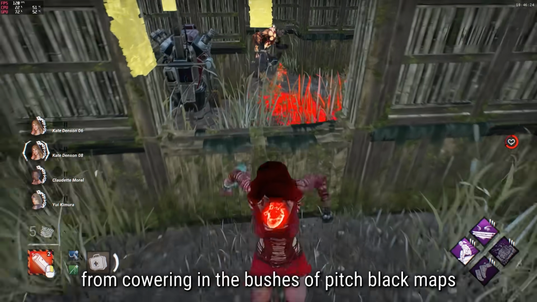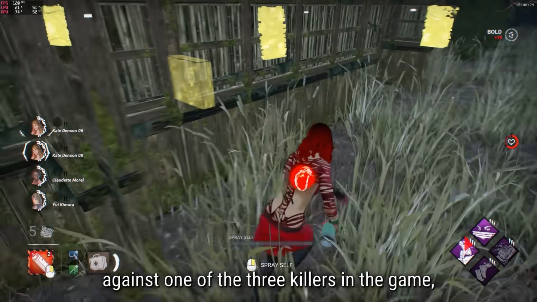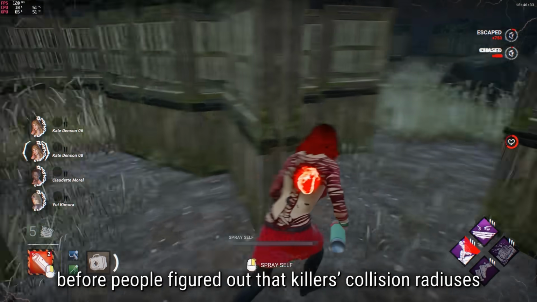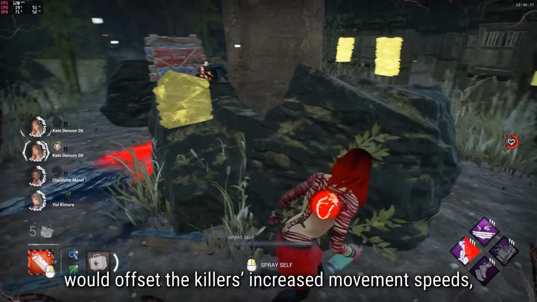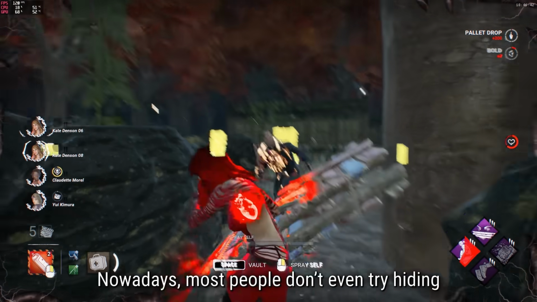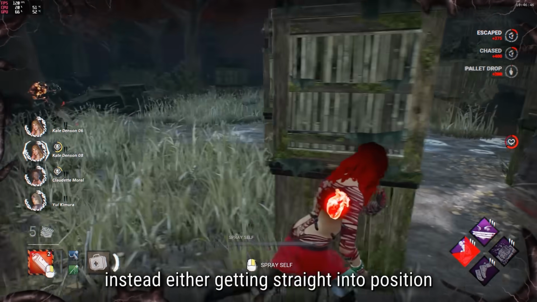We've come a long way from cowering in the bushes of pitch black maps against one of the 3 killers in the game, chases taking place in straight lines before people figured out that killers' collision radiuses are wider than survivors, which meant looping around the edges of structures would offset the killer's increased movement speeds, giving birth to pallet looping. Nowadays, most people don't even try hiding in mid-skill level matches and above, instead either getting straight into position